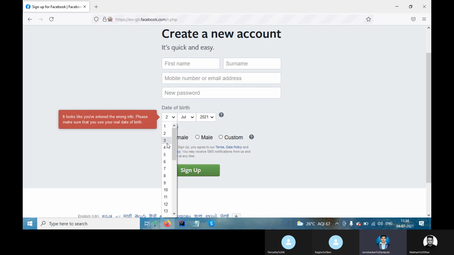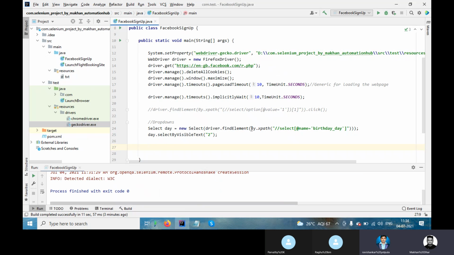So it's a complete drop down, right? Because when we are inspecting element, it is showing as 2 different things. This is one way. If you want to directly put like this, if I put 1, it is coming right.